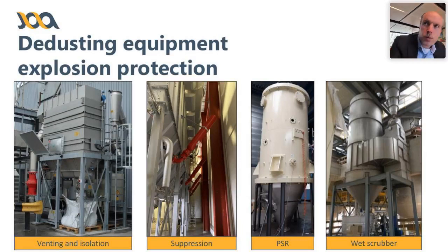So if we are looking into the dedusting equipment, we have different types. I think many of you will recognize the picture on the left with the venting and the isolation. It's a very common approach, but what we are seeing more and more, especially with the larger central systems, if we're talking, let's say, roughly over 40,000 cubic meters per hour, chemical suppression might be the better option, because